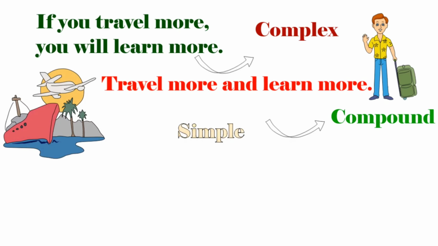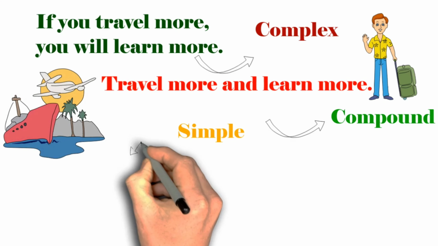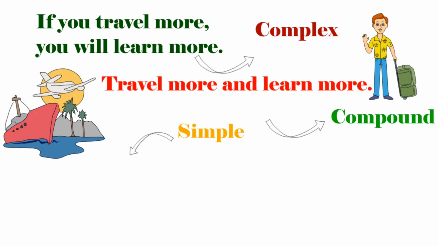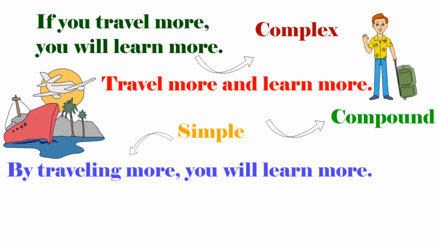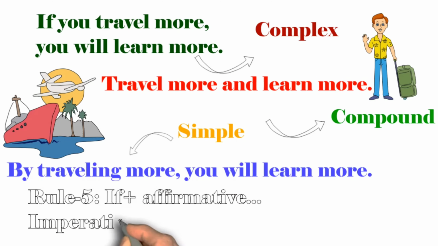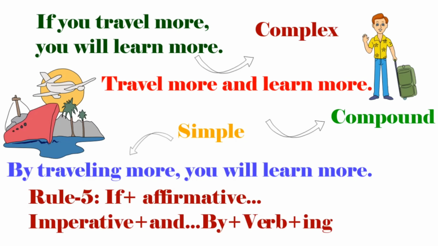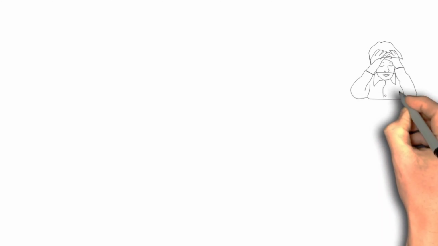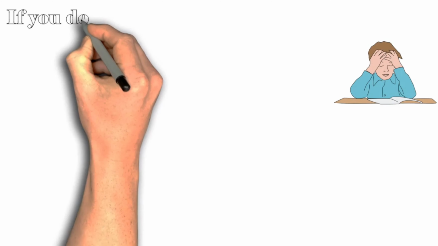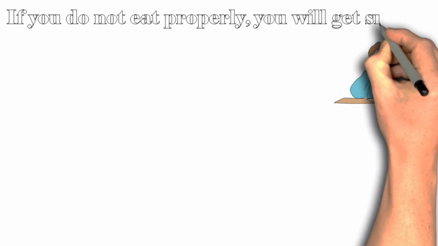And just to make it a simple sentence, we have to use by plus verb plus ing. So the answer will be, by traveling more you will learn more. And this is a simple sentence, and your rule is here: if affirmative sentence, imperative plus and, by plus verb plus ing. And then the last rule for you is here,